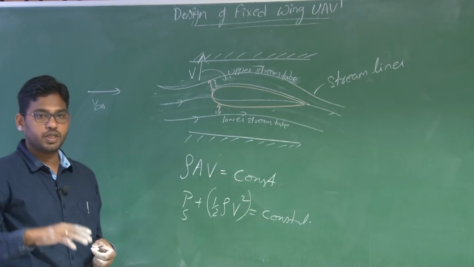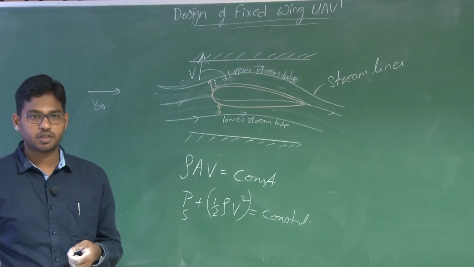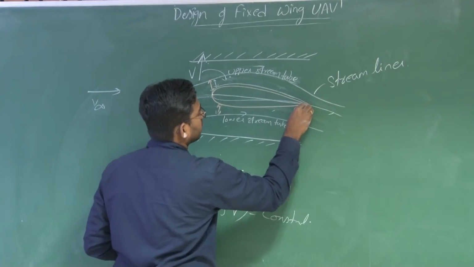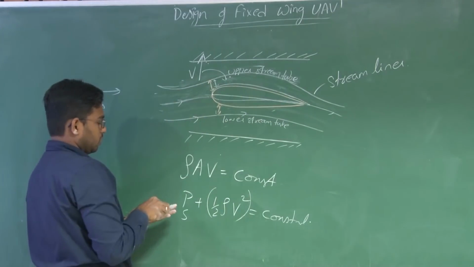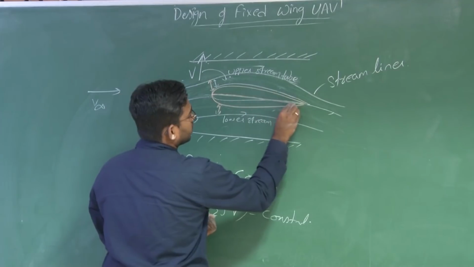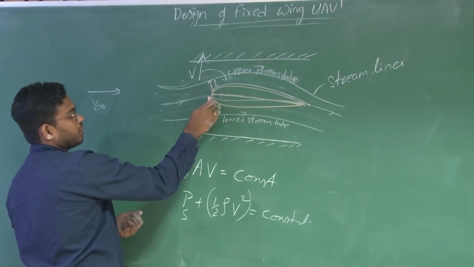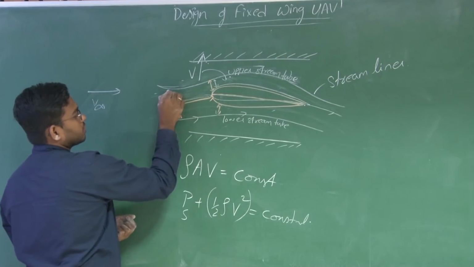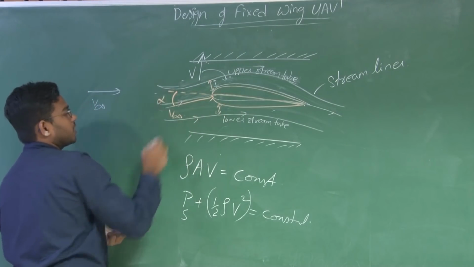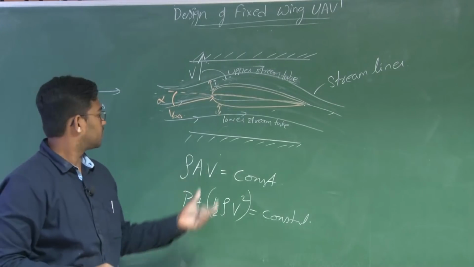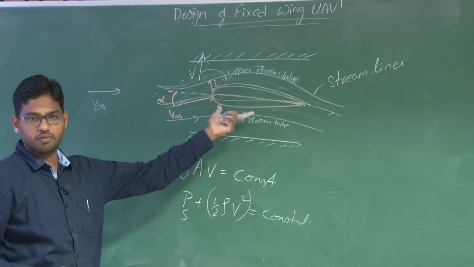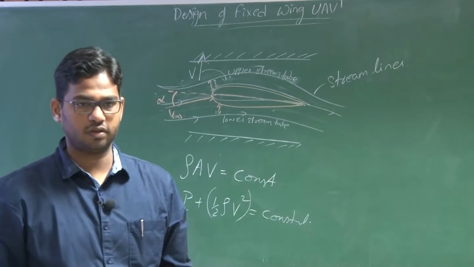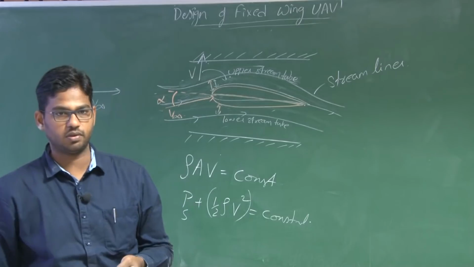right? So, now we have defined a term called angle of attack. Let us say this is my reference line, or the chord line, of this symmetric aerofoil. The angle made by this reference line with respect to the free stream, if I represent the free stream like this, is known as alpha. This V infinity is nothing but the velocity at which I am moving in stationary air, assuming there are no winds, gusts, or disturbances.